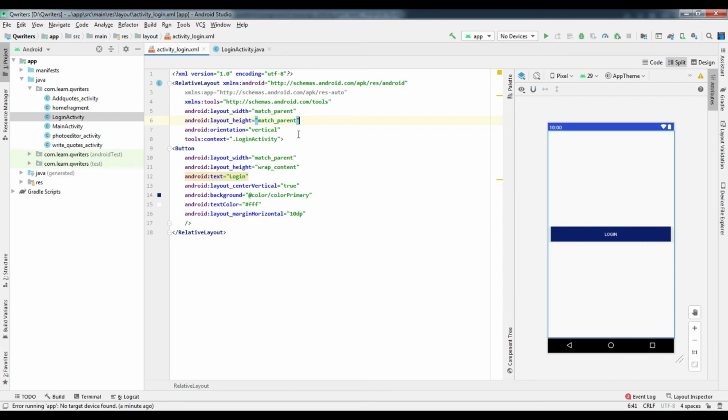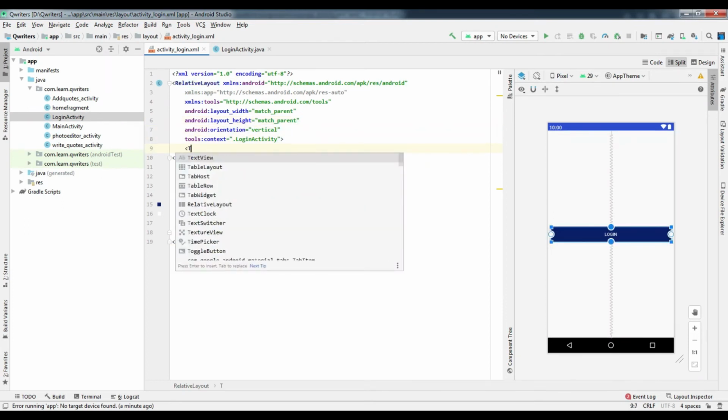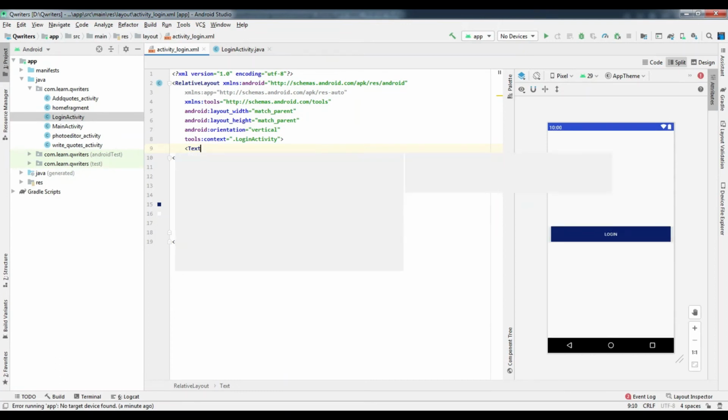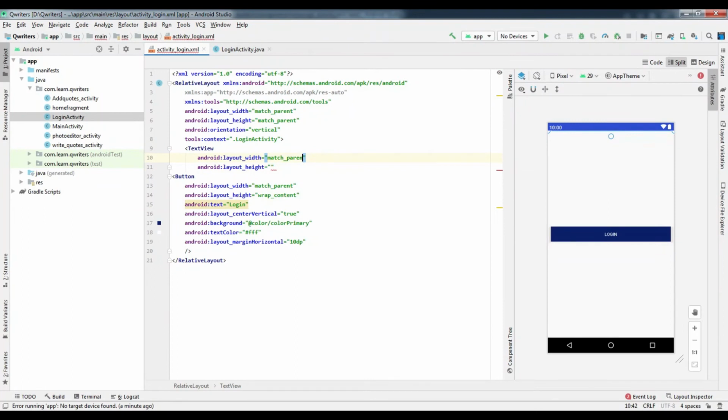You can give your app name here. Suppose we'll take a TextView and give our app name. Just click on TextView, match_parent or we can take wrap_content, and this is also wrap_content, and give a name to your TextView.